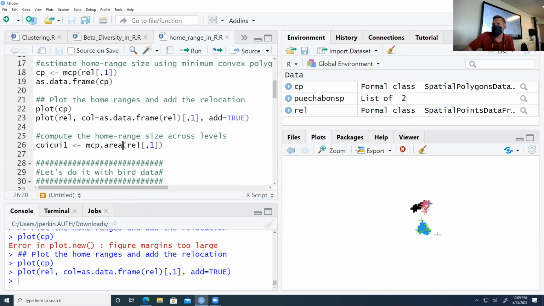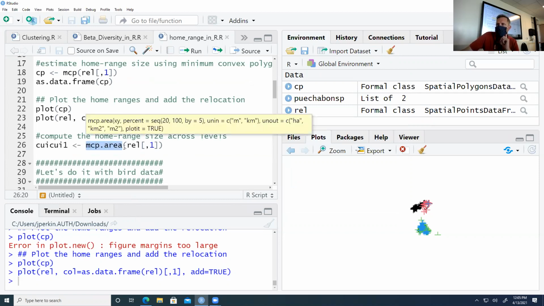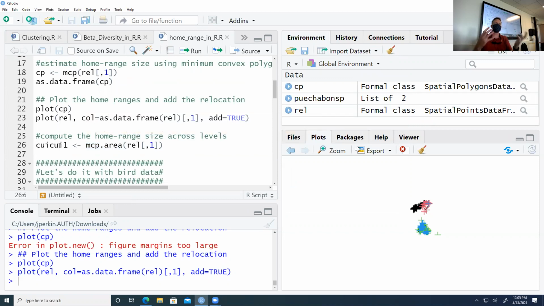The other thing that you can do though is you can use this function mcp.area to calculate the size of a home range or the size of that minimum convex polygon against different subsets of the data. Okay, so we're just going to name this object, and then we're going to use this function mcp.area on the object that we created, REL, and then in the brackets, we're just going to say we want to make a computation for each of the 4 individuals there. Okay, so if we run this,